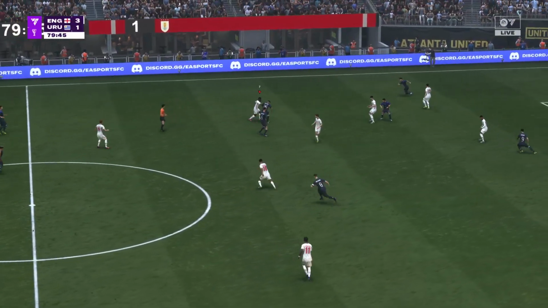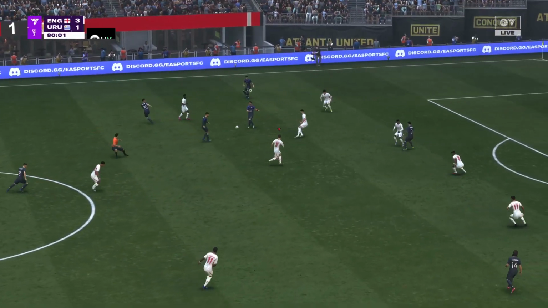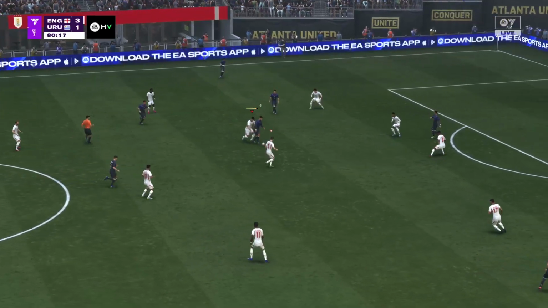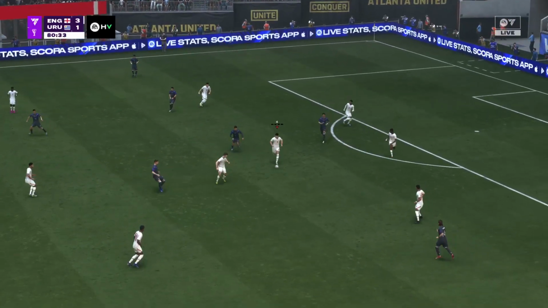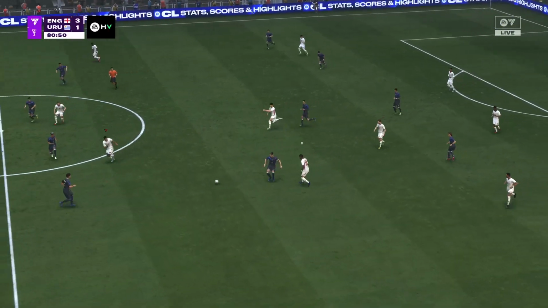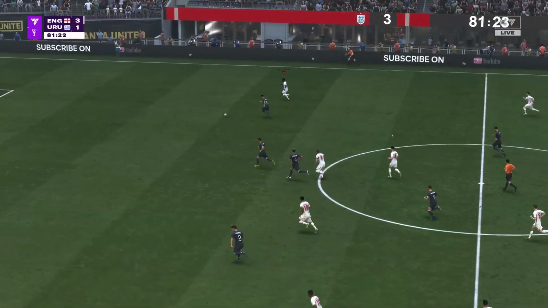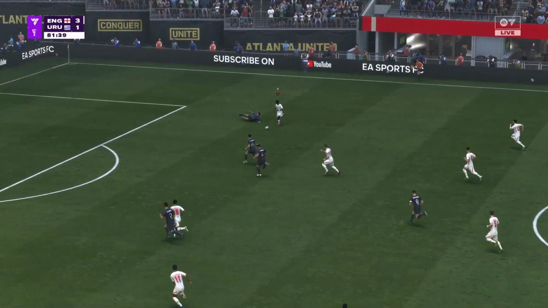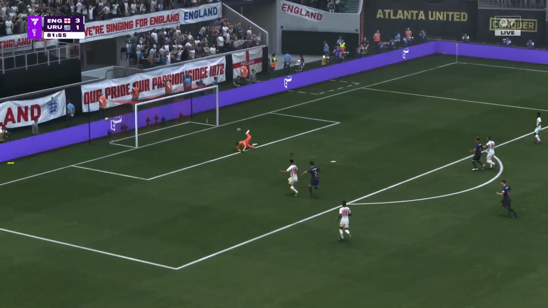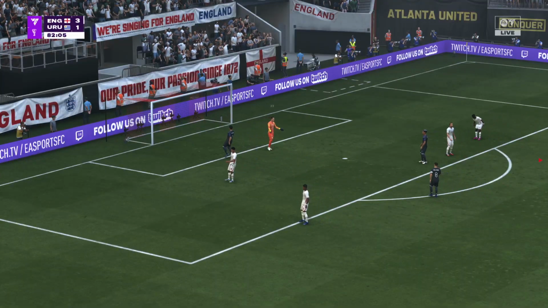Rodrigo Salazar. Did a good job of cutting it out. Ready to break, perhaps. Saka. And a long way out here. And what a magical save it was.